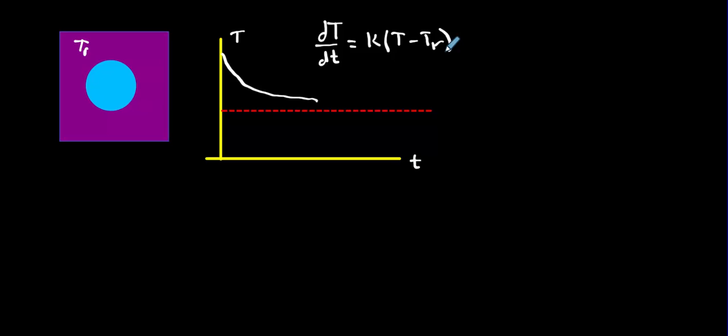So we can get an idea about what the temperature is for any given time if we can solve this differential equation. It's a differential equation. What we want to do, though, is put this in differential form. In other words, this is what we call a separable differential equation. So what we want to do to begin solving this is put it in differential form. So we have dT over T minus TR